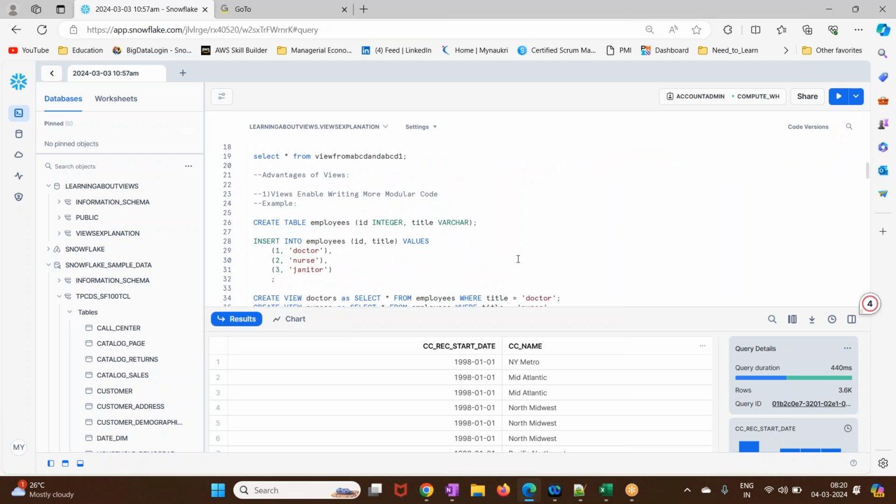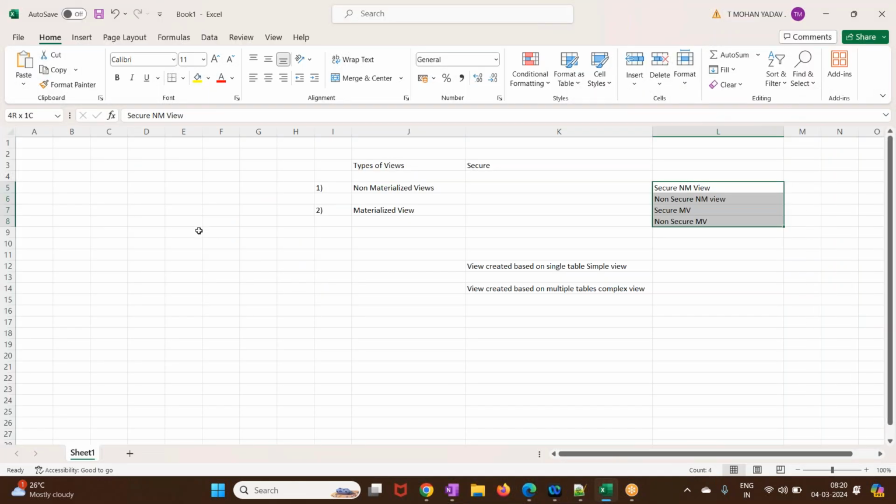Now let us understand the advantages of views. What are the advantages that views provide? One major advantage is that views give us the opportunity to write modular code. Modular coding means, try to understand what a module is. If you consider these 9 blocks as a system,